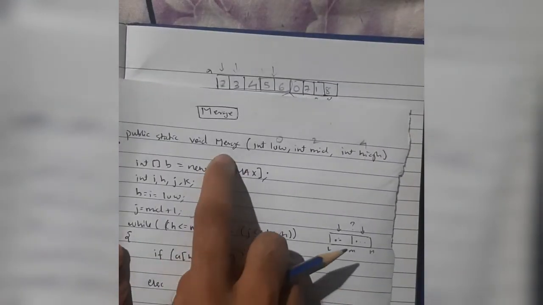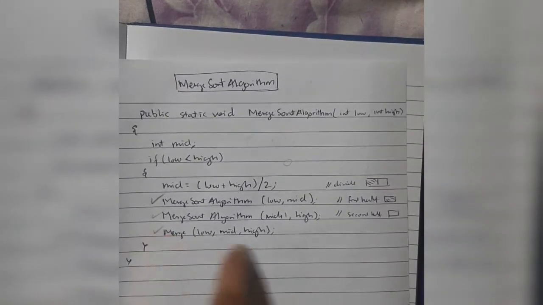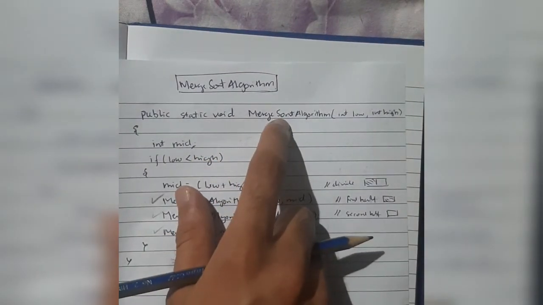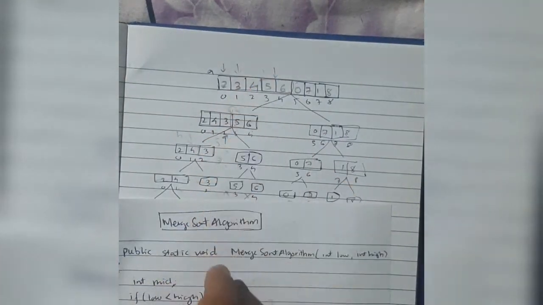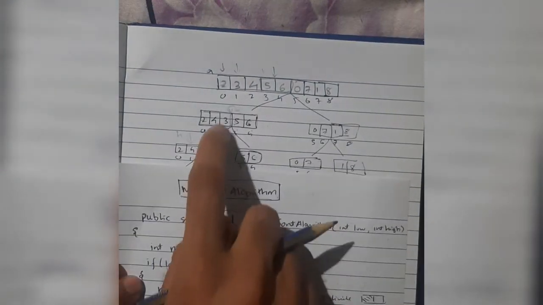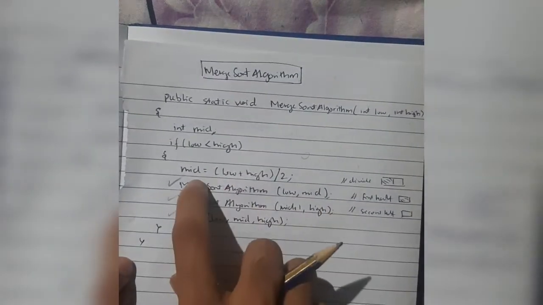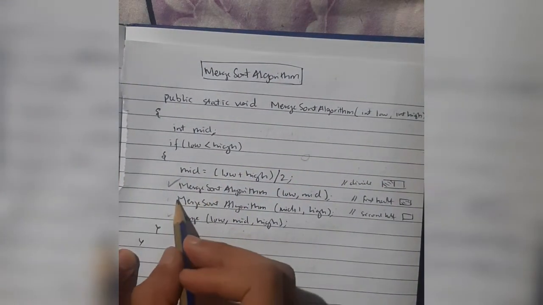Which was this code? Merge. Where did we call the merge from? We call the merge from when we are under this array, the merge. Okay, so this line of code is over. Where did we get this line of code from? Merge sort. Merge sort of which one? The first function of this array. When we are under this array, at that time we had called the first function merge sort algorithm, which led us to execute the merge sort algorithm for this one. Now this is over. The next one is this one. So this one is over. First one is over here. Now we'll be moving on with the second one.